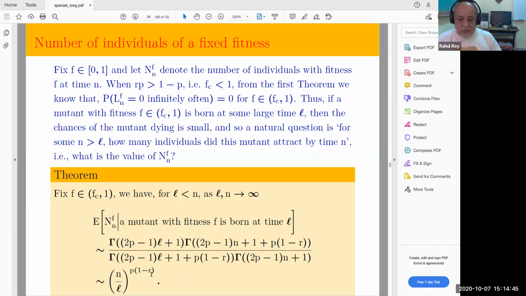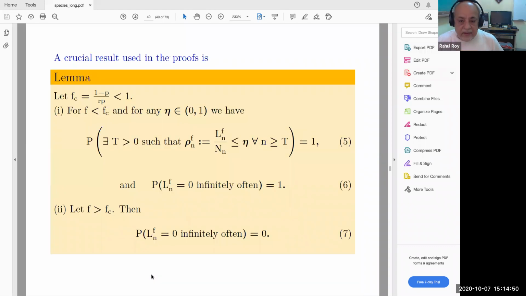Okay. So these are the main results in our paper, and it depends on a very crucial lemma, which I'll talk about later in the next part. In the next part, I'll go over the proofs of the main theorems, and right at the end, I'll tell you the proof of this lemma. And this is where, as I told you, that spatially non-homogeneous part comes in, and this is where we have to be very careful.